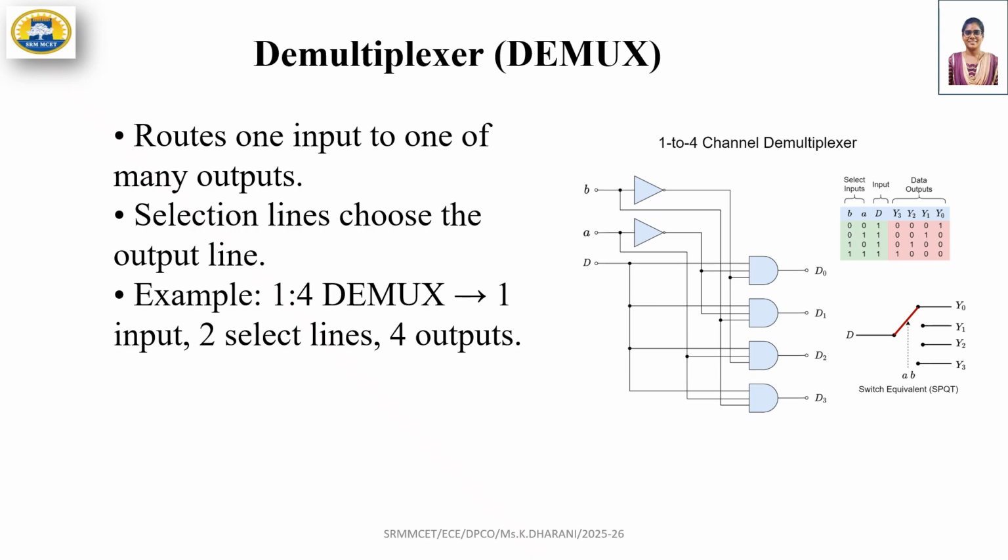In the implementation process, we need AND and NOT gates to determine the output activation. For example, here we take S1 S0 equal to 01, so the input is routed to the output Y1. A real-time example is in a memory system, where we use an address decoder to select a specific memory